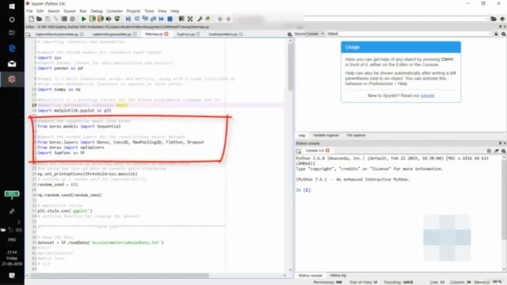We have implemented our neural network model using these layers. We also need optimizer algorithms to train our model, so we need to import them too. Then we have imported our supporting functions as the SF identifier. These are the functions we have defined in the supporting_function.py file to plot and read the data from the